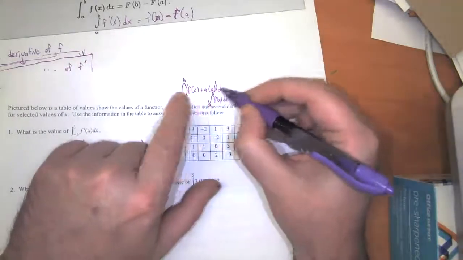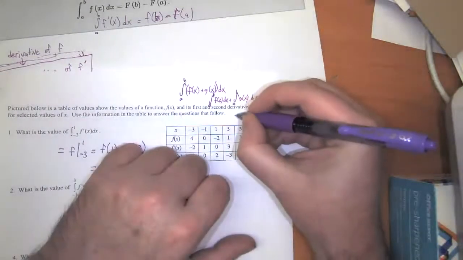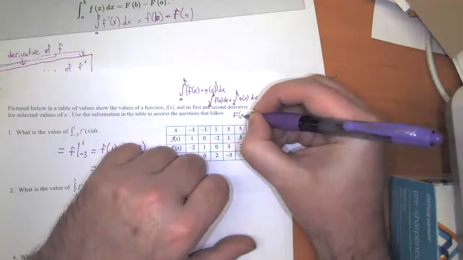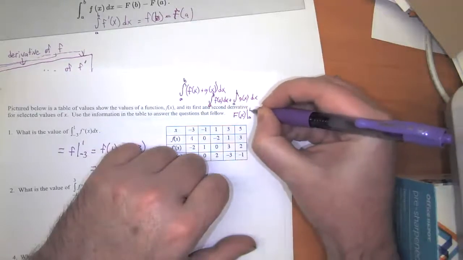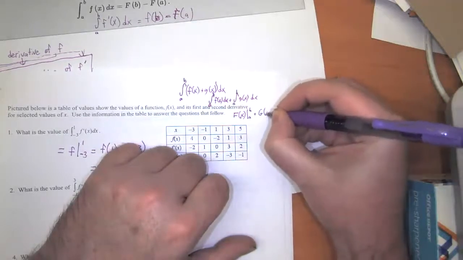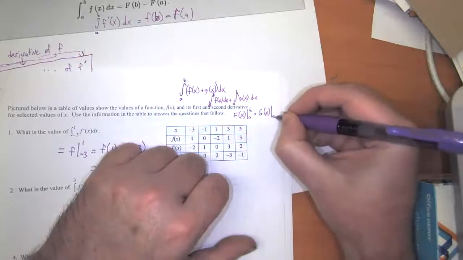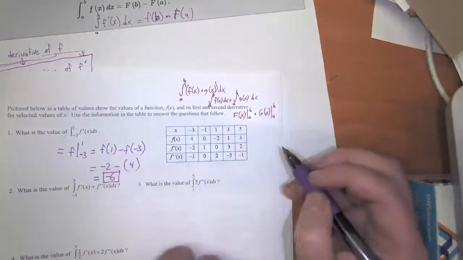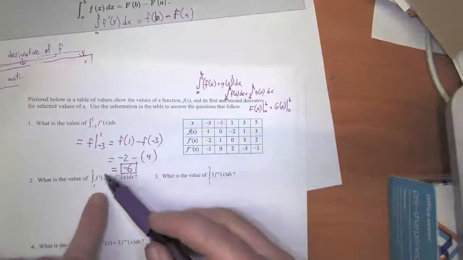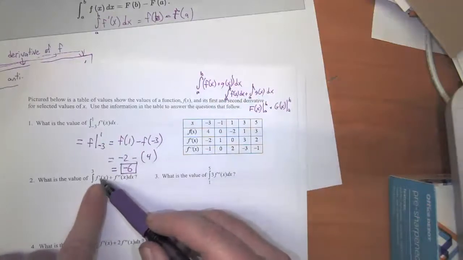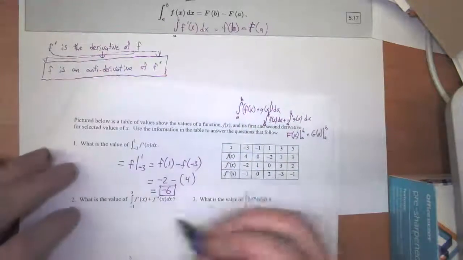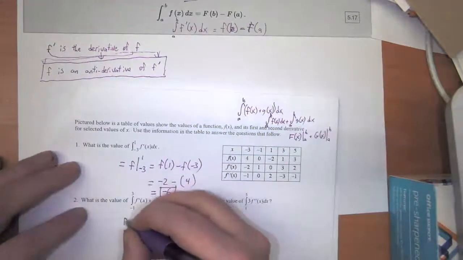So we can just break this into two different integrals, and we could describe this as f of x from a to b plus g of x, if we know antiderivatives of those two functions. In this case, we do know an antiderivative of f prime, because we have said that f is an antiderivative of f prime. So this is f of x